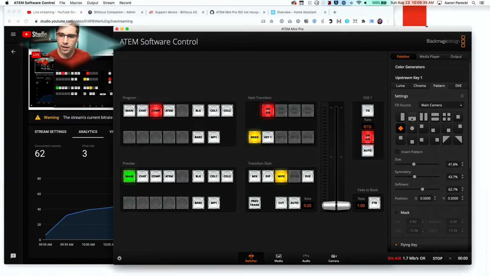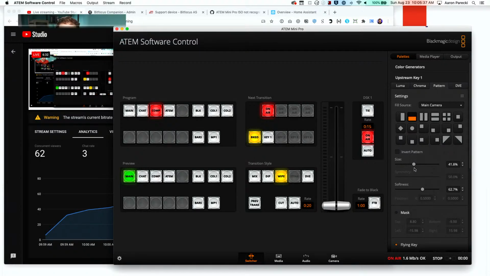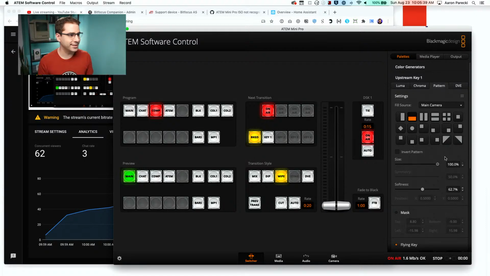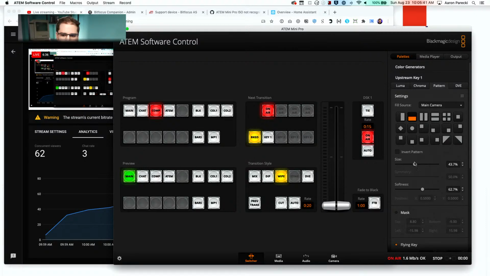And there's other ones which I'm not quite sure I understand what the purpose of these is, because this is kind of like a crop, but then I guess I can do a soft blend. Yeah, I don't know why I would want to do this. I guess it's kind of cool.